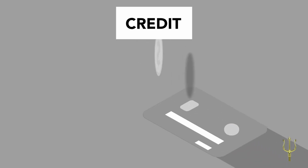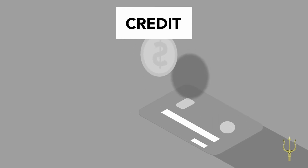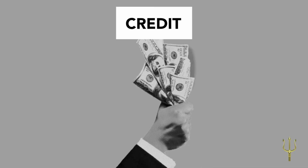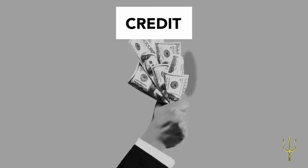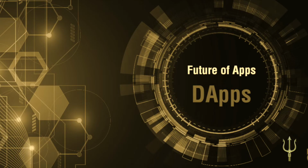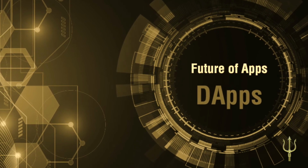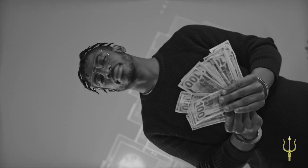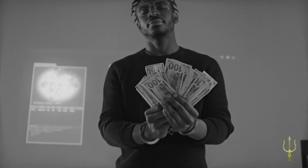You just connect your wallet to the platform with your funds loaded and ready to start trading. It's the users who provide the liquidity to the platform, so you are the one adding liquidity and the one who exchanges one coin for another. This disruptive concept is built on top of the blockchain through decentralized applications and smart contracts. But the most important thing is that now you, and just you, are the real owner of your funds, not